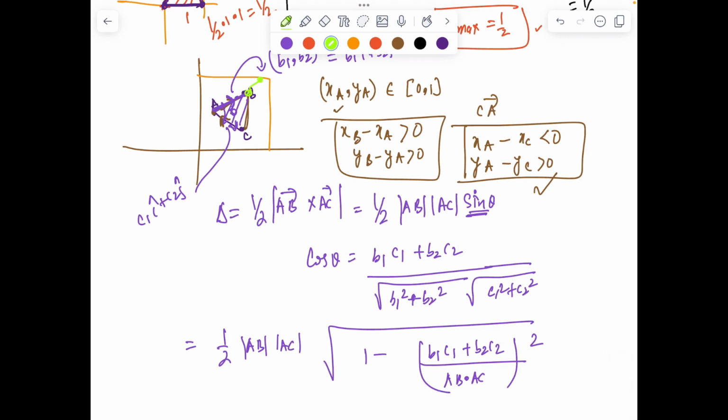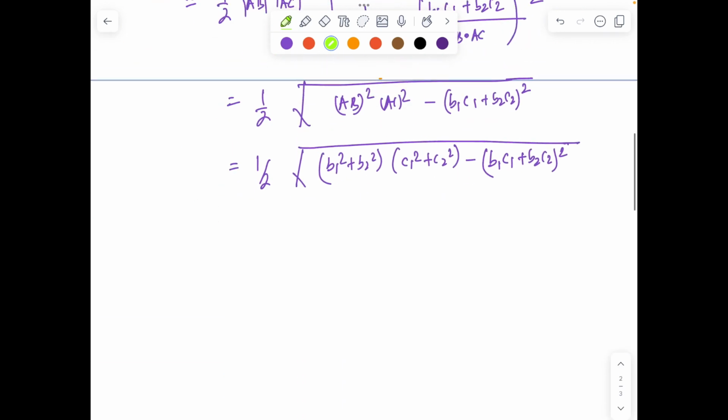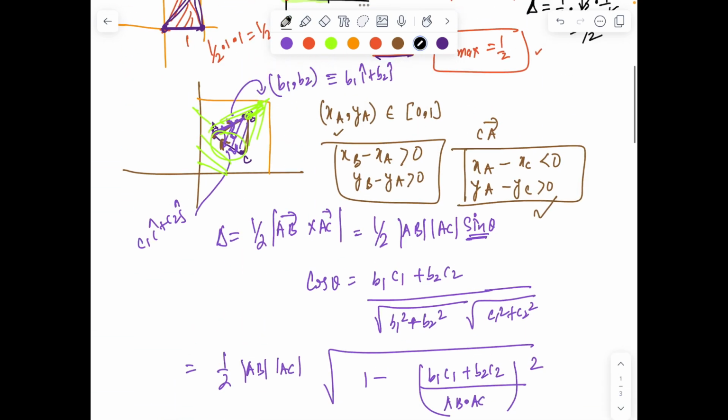Now we know in order to maximize this triangle, clearly these vertices must be on the corner points, because if it is not on a corner point, I'll always have the opportunity to move the height up. Similarly, I'll always have the opportunity to move the base and increase the base, right? So hence, now instead of looking for continuous real values, I can look for B1, B2 and C1, C2 only from the set of 0 and 1. Why am I doing this? Because anyway it is the component. So magnitude wise, this component,